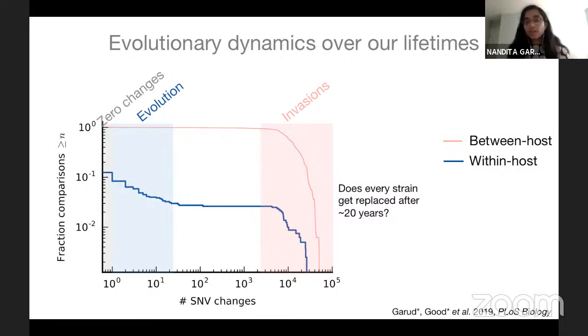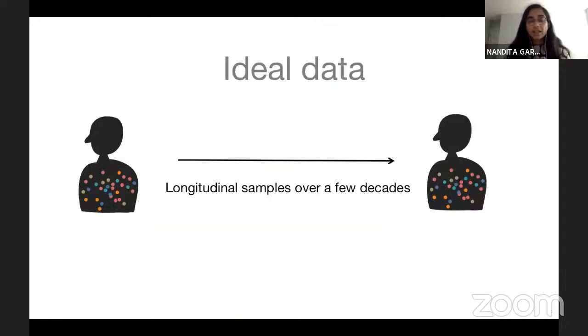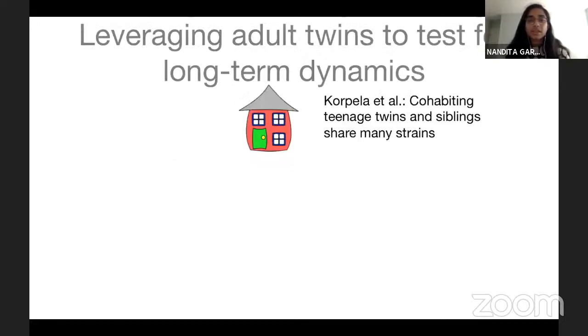The question is, after 20 years, does every strain get replaced? Or is it that only some hosts are extra susceptible because they are taking antibiotics or traveling? Or is it that strains become so well adapted that replacements become less likely with age? Ideally, to answer this question, we would sample a single host over a few decades, but obviously this is very difficult to do. And so what we can do instead is to leverage adult twins to test the long-term